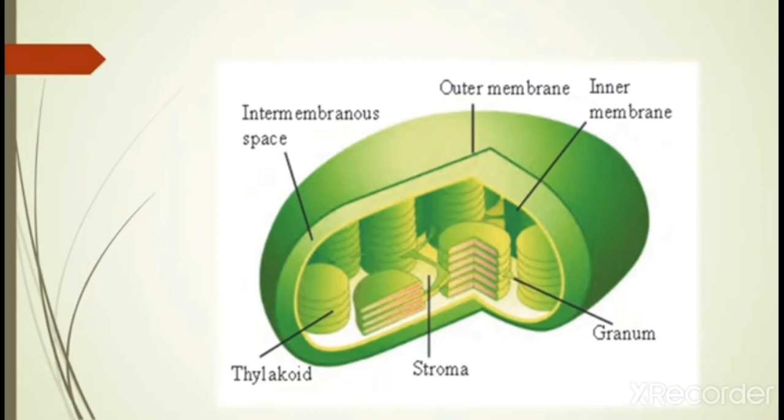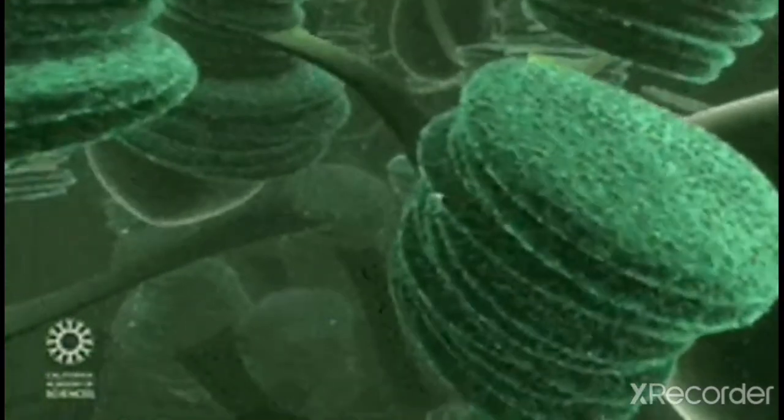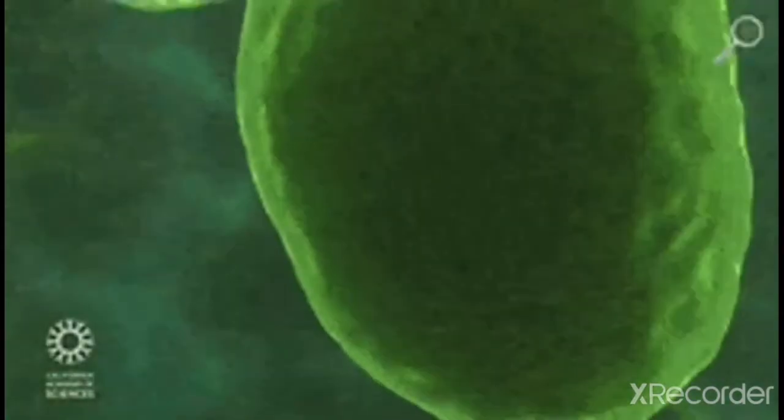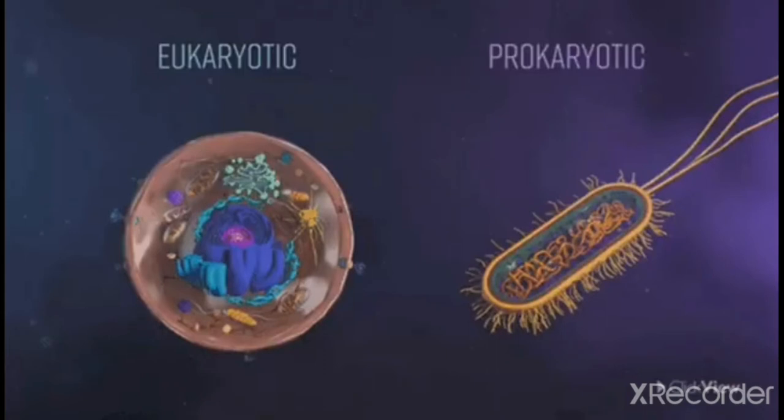Let's look at how it looks in the chloroplast. This is the chloroplast, and when you go inside, you will have these stack-like substances, which are your thylakoids, which help in trapping solar energy and converting it into chemical energy. From all these, you must have clearly understood that all the functions in the plant cell and the animal cell take place very smoothly because of the different cell organelles that work in complete coordination. And such developed cells are called eukaryotic cells.